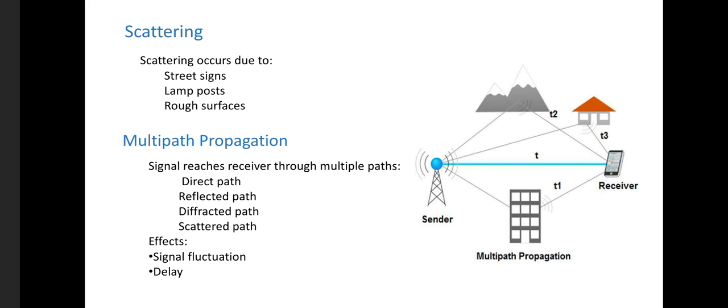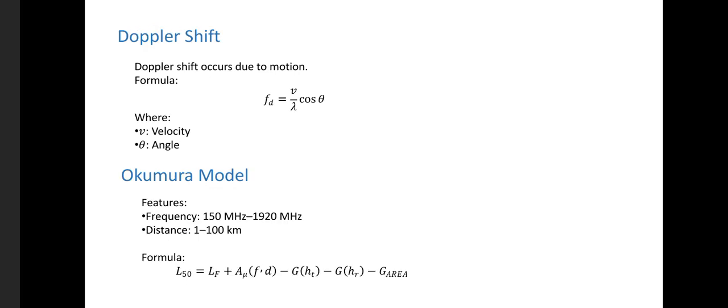We have seen these multiple times in the subjects, and one of the main effects is Doppler shift, which occurs due to motion. Whenever the wave starts transmitting, you can see the Doppler shift. Whenever it is at rest, you cannot see Doppler shift. When the wave transmits from transmitter to receiver, it may undergo some Doppler shift. The formula is v by lambda cos theta, where v is the velocity, theta is the angle, and lambda is the wavelength of the millimeter wave. And the Okumura model, we can mainly use for short frequency ranges, 150 to 1920 megahertz,